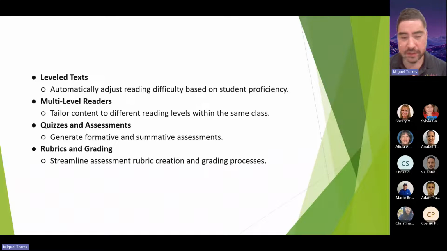If you have a student in the 10th grade but with an 8th grade reading level, you can go ahead and put the 8th grade Lexile level on it, and using Copilot or Magic School, it'll transcribe the text based upon that student's reading ability. So it's for multi-level readers, like I just mentioned.